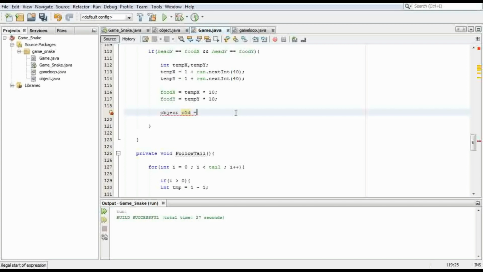We're first getting the old one, or should I say the current tail, which is going to be the old one in this case. Then we're going to take its previous axis and set it as the new axis of the new segment we're creating. So we grab it from our snake body array,